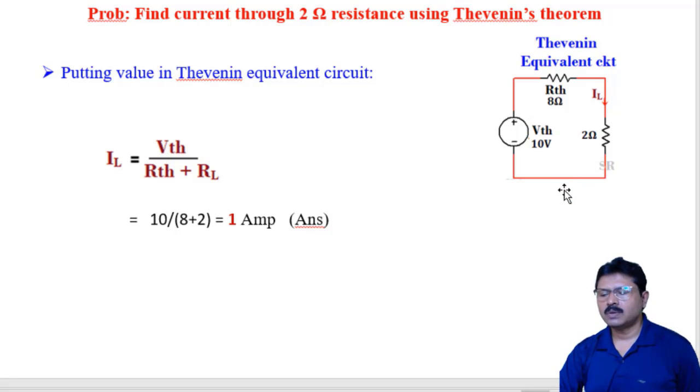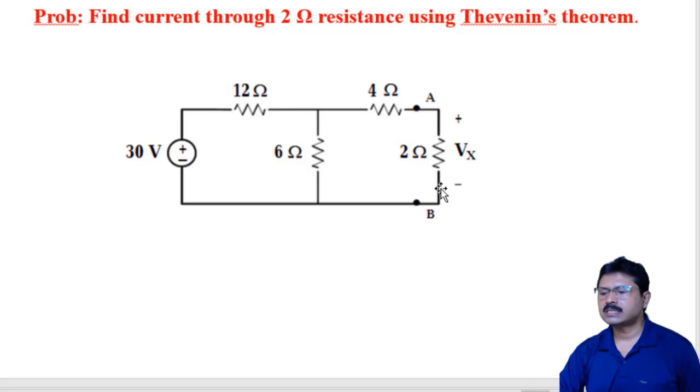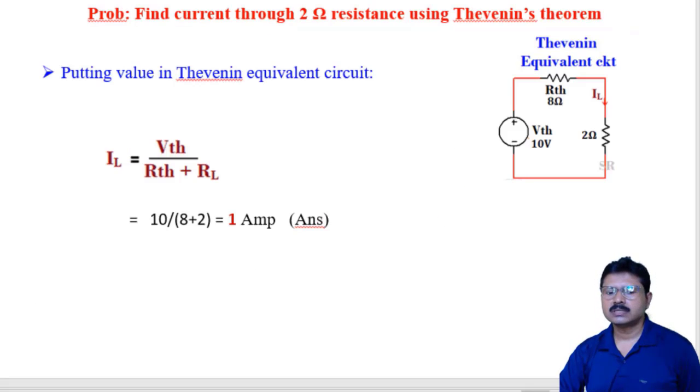So by using the Thevenin theorem, we have calculated current through 2 ohm resistance, which is mentioned in the problem. By this way we will solve every problem. Now I am going to show that the main circuit and this equivalent circuit are same. How we can show it? This is the main circuit. If the current through this 2 ohm resistance in the main circuit is equal to the current through this 2 ohm resistance in equivalent circuit, if these two currents are same, then we can easily say that these two circuits